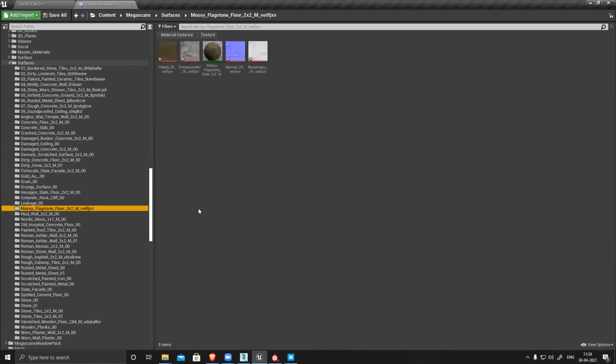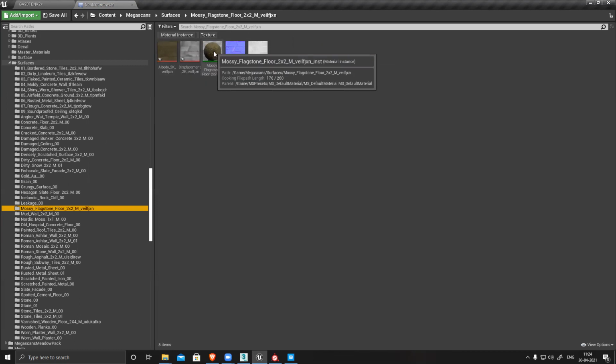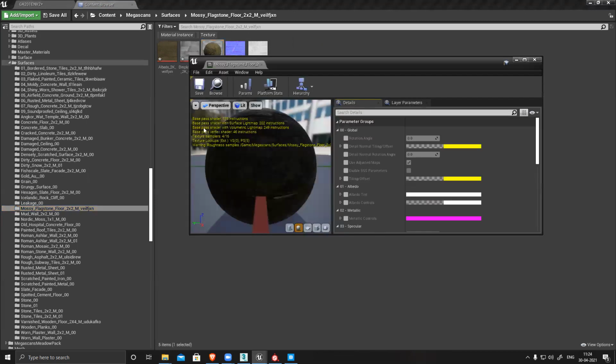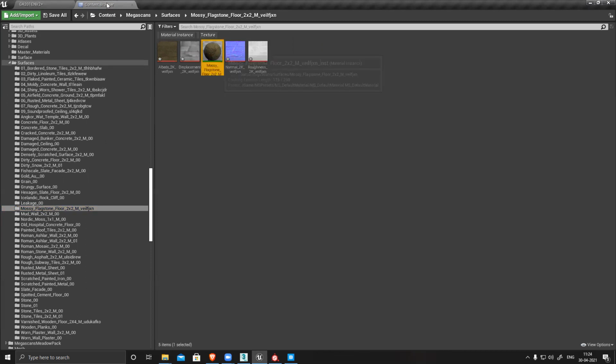This one. So you can see all the textures plus the material. It's already an instance, with all settings and everything. So it becomes very easy to use.